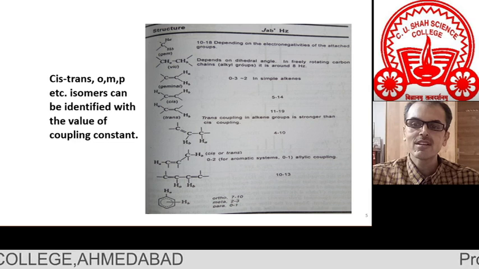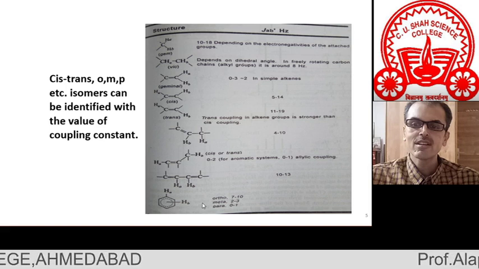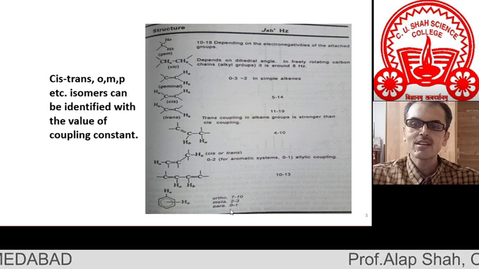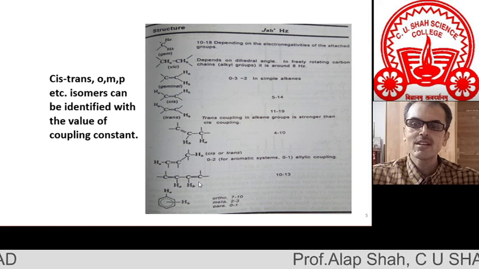Here also, in the case of an aromatic nucleus, you can see that the ortho protons Ha and Hb are in the closest vicinity compared to meta and para. So see, their J value is 7 to 10. In meta it is 2 to 3, which is weaker than ortho, and para is the farthest, so there are very rare chances of their coupling, and that's why you can see 0 to 1. So I hope you understand this short note on the spin-spin coupling constant.